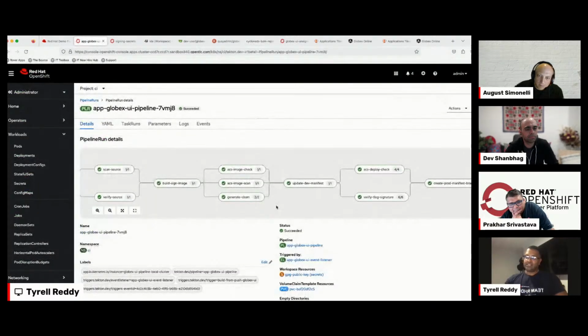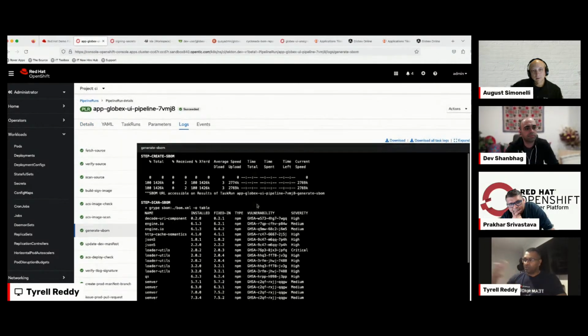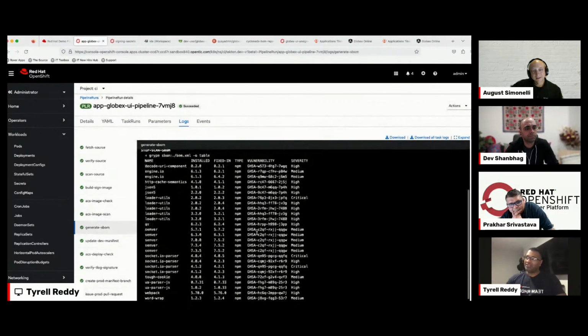So what we did in the latest release is, people ask, what do you do with this SBOM? What can we do with it later on? So we added a tool called Grype, which is actually going to scan your SBOM, right? Once we build the SBOM at this step, we actually scan the SBOM, and it'll tell you all the libraries that you've been using and the severity of those libraries. For example, loader-utils has a critical severity. So it's flagging you that you're using this library version 2.0.2, which has a critical security issue, and it can be fixed by just installing 2.0.3.